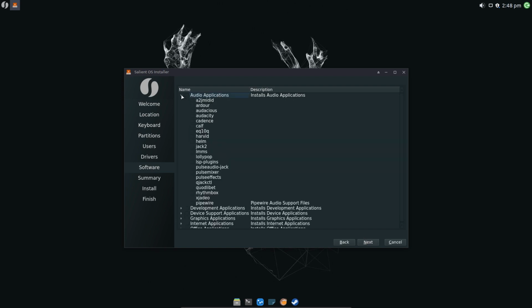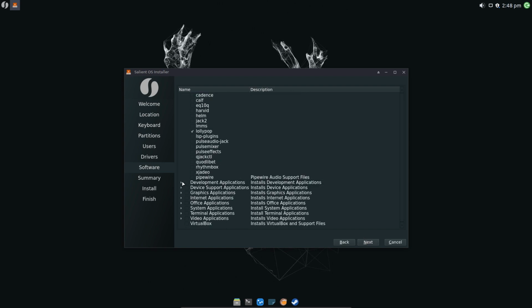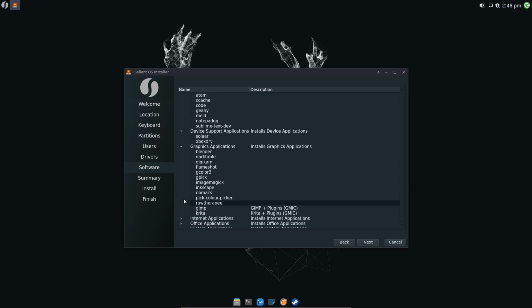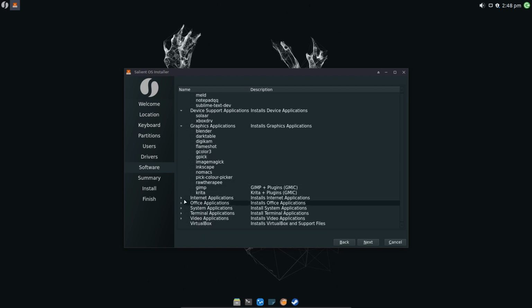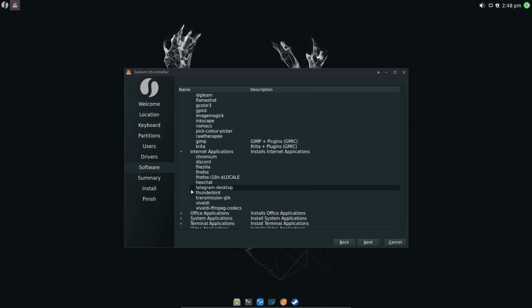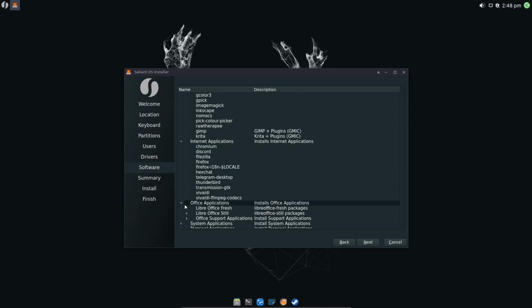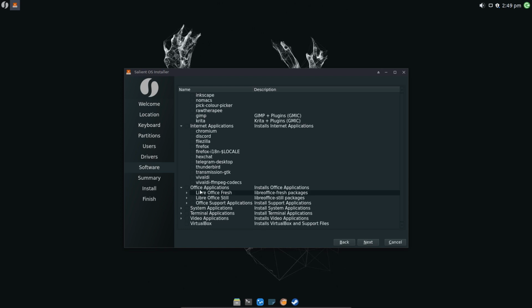Then we're going for audio choices. Yeah, Lollypop, would like to do that. The name alone, right? Why not? And then devices, Solaar, Xbox drivers are here, Darktable, internet applications, all kinds of things you would like to have or not have. Missing WPS here, I'm a fan of that one.